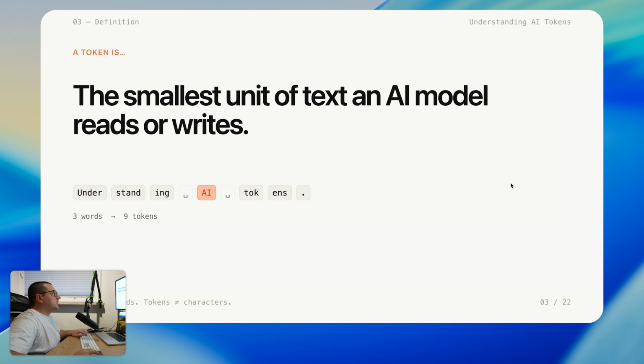One word doesn't mean one token. Some complicated words split into multiple tokens, but some common words count as one token. For example, the word understanding is split into 3 parts, and basically each of these parts is equal to one token. In this specific example we use 3 parts: understand, ing, and also AI, talk, ends. Summarizing everything, we have 3 words, but as some of them are complicated and split, as a result we have 9 tokens. So what is the most important to understand is that token doesn't equal word, and also token